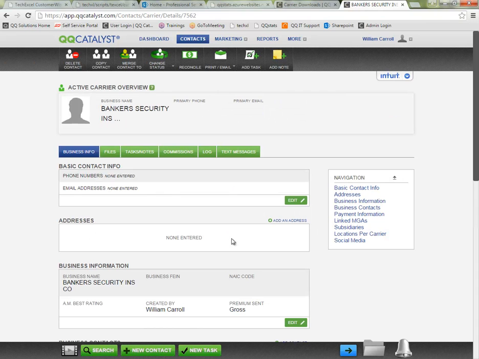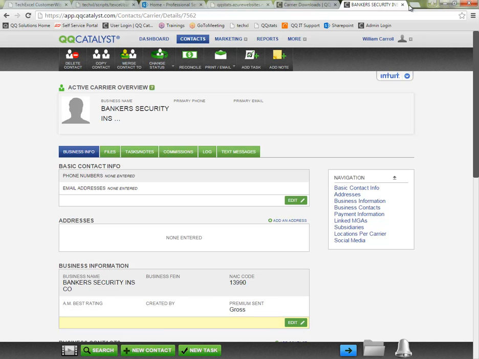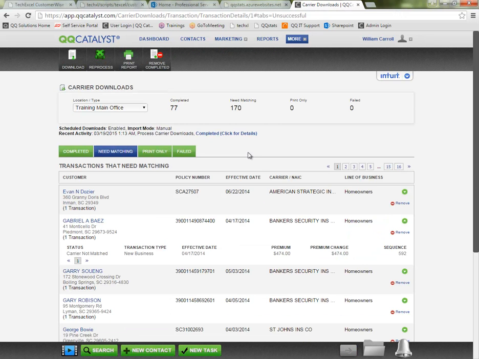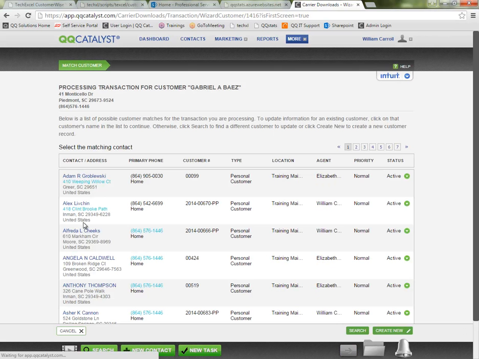So here on the carrier page, we can see there is no NAIC code currently entered. So I can edit and I can paste the NAIC code. Remember, it is 5 digits, so get rid of the rest of the information there, and we'll click Save. So now Bankers has an NAIC code assigned. If I go back into the carrier download section and I click on Gabrielle, it'll now take me to the matching the customer process. The system is now able to find the matching NAIC code,